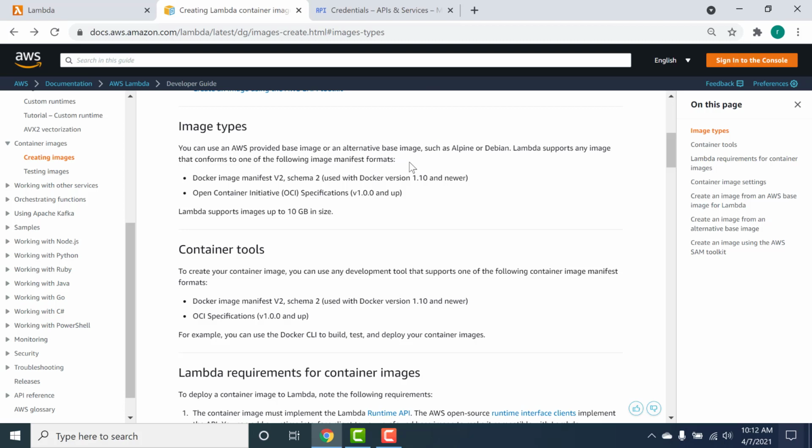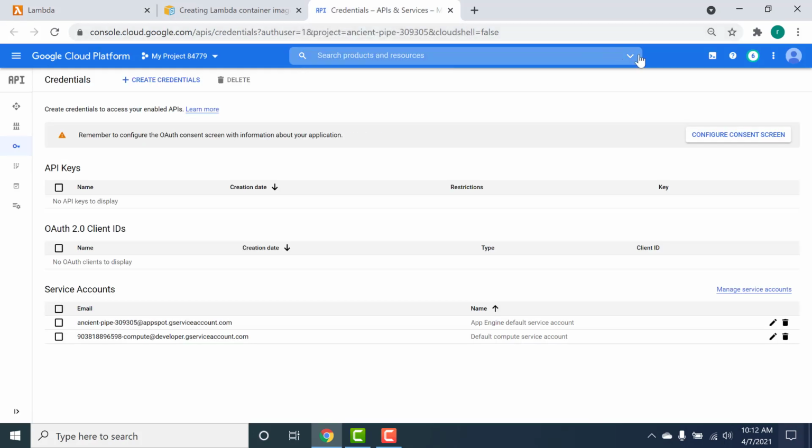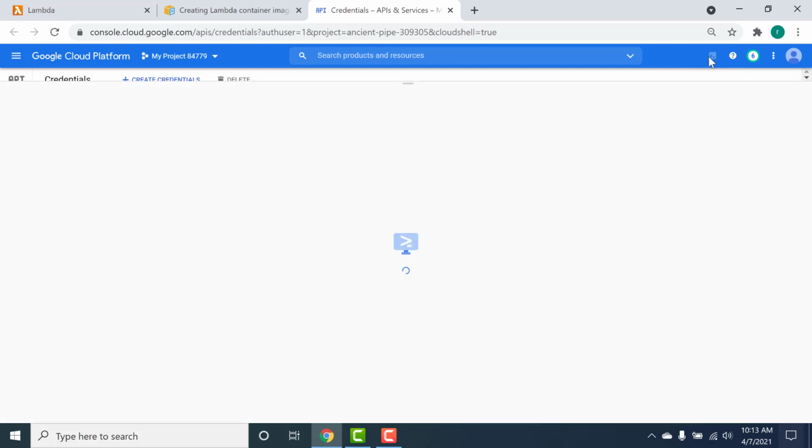The first thing you do is create your image and the Dockerfile, and then run it locally. I have a URL in which there are instructions on how to do this. You can do this on your local machine, or in AWS CloudShell as well. However, unfortunately, right now AWS CloudShell does not provide Docker support. A local machine is preferable, but unfortunately I do not have Docker on my local machine currently. So instead I'll be using the Google Cloud Shell. Let's open our Google Cloud Shell.